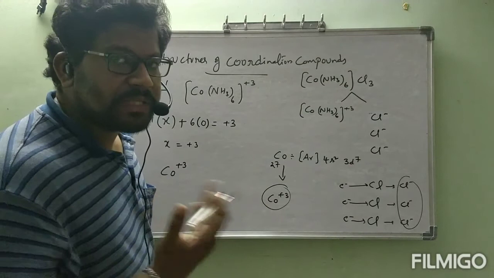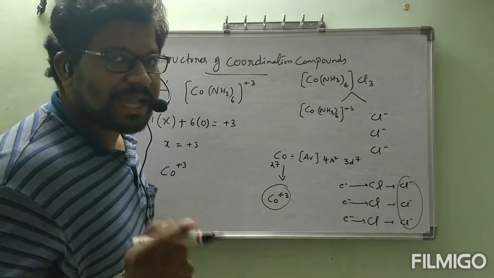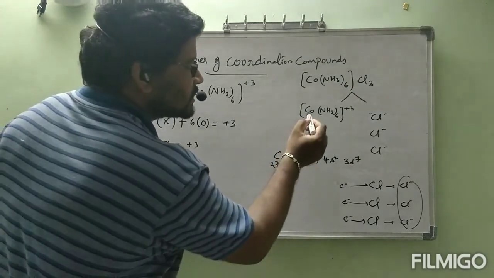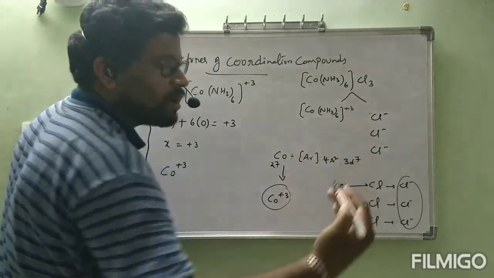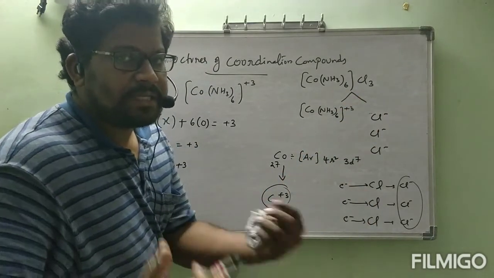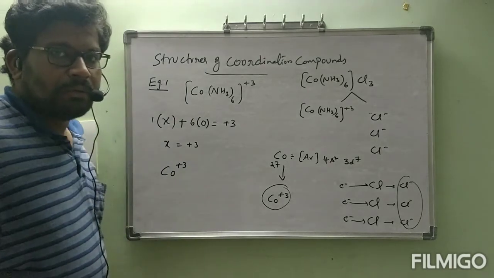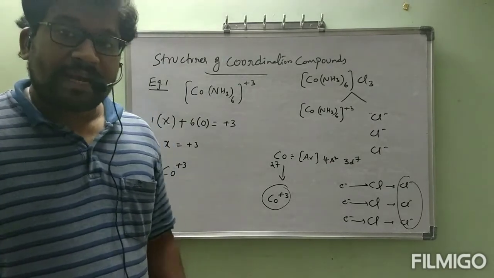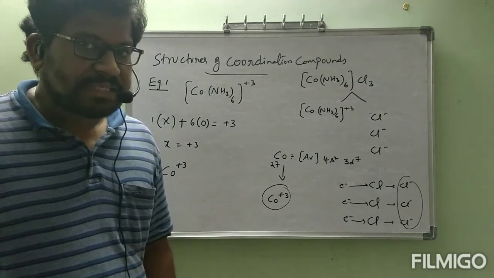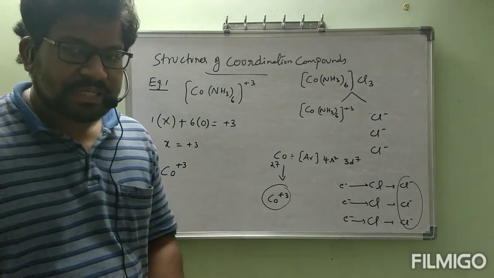It is formed by losing electrons and gaining electrons, na? That is ionic bond. That's why this cobalt and the three Cl are bonded with ionic bond. They can be ionized. This is the first step, primary valency. We have not explained it yet, na? Primary valency, secondary valency, like that. Are you understanding?